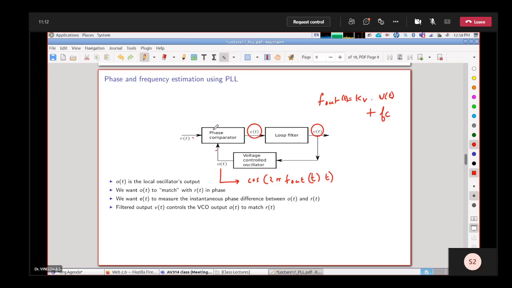Okay, so the PLL, the phase locked loop. What does the loop filter do? We'll see that. The loop filter has many functions. For example, you might have already seen this in control systems class. The loop filter's bandwidth will control how the loop responds to your inputs. It determines the stability of the loop and things like that.